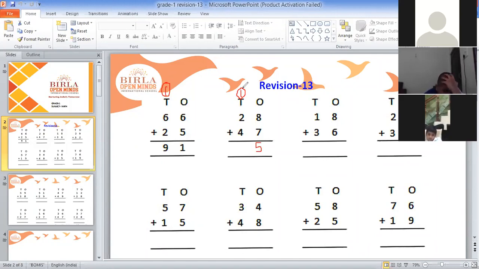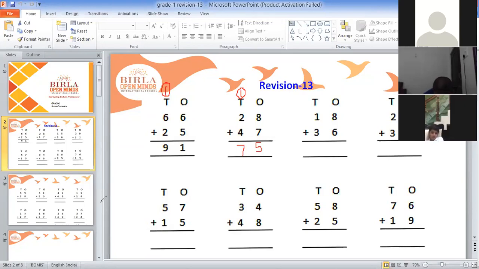Now we will be adding the numbers in tens place. So this is 1, 2 and 4. We have to add these three numbers. First we will add this 2 and 4 together. We will start counting after 2 and count forward 4. This is 3, 4, 5 and 6. So 2 plus 4 is 6. And now we have to add this 1 as carry over with that 6. So 6 plus 1 is 7. So the answer is 75. Answer is 75, children.